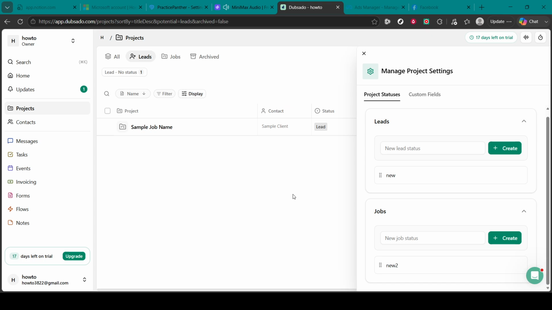As your workflow changes over time, you can always return to the same management area to create additional statuses that